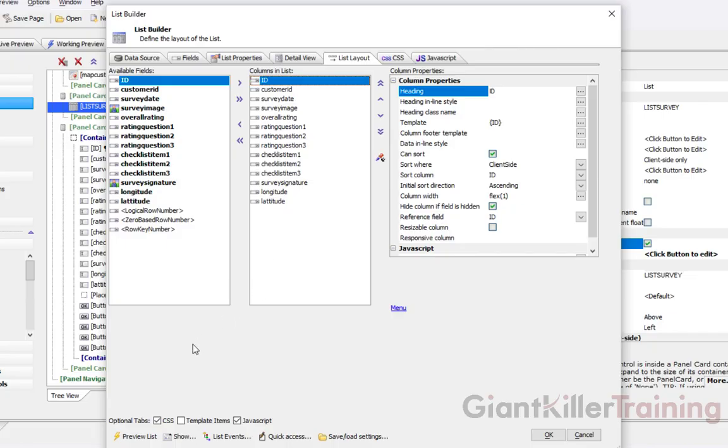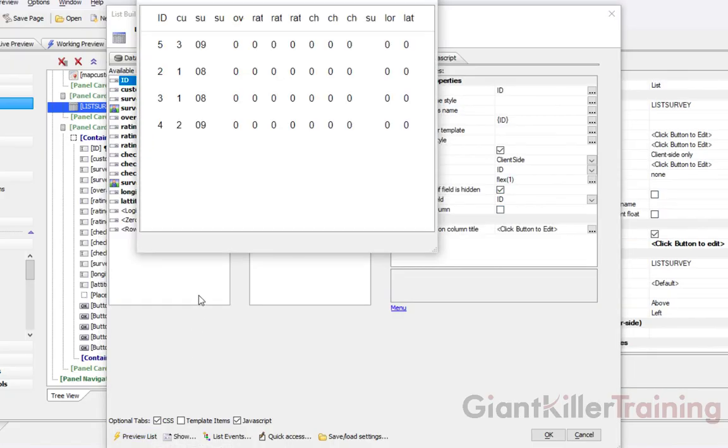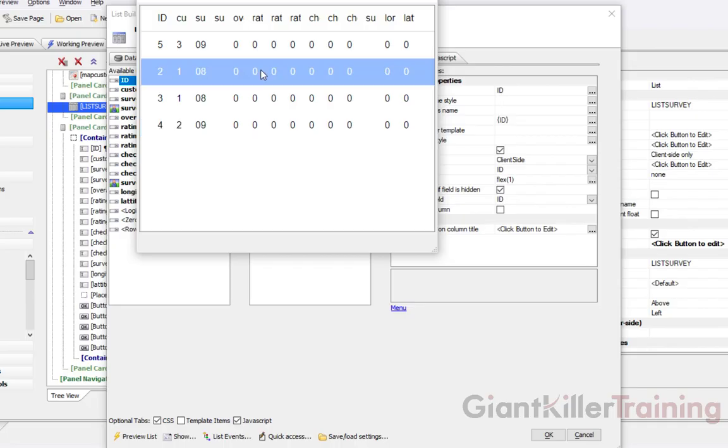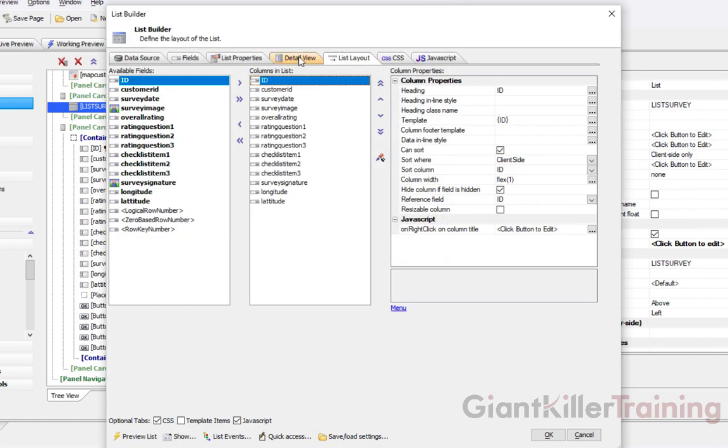To actually see what it would look like, click the preview list down here in the left-hand corner. And as you can see, it's previewing our content. As you can see, this will not work very well on a mobile platform. Therefore, let's take a moment to change this so it's going to look a little better. Let's go ahead and close that. We can now go to List Properties,